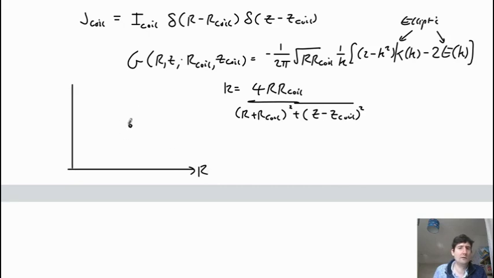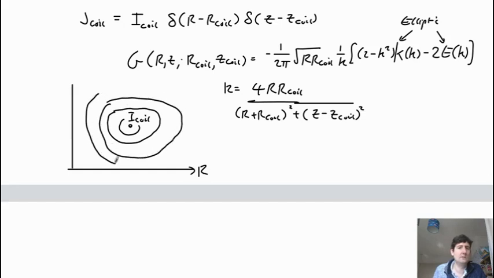So current here at this point, so I coil, and then close to the coil it'll look essentially like a circle. And as you go further out, it'll start to get distorted, and it'll get distorted so that it essentially twists like this. It should be up-down symmetric, of course, but apologies for that. But it gets distorted so that you can see the lines spread out on the outside and squashed together on the inside. And this, of course, is that you have a higher magnetic field on the inside compared to the